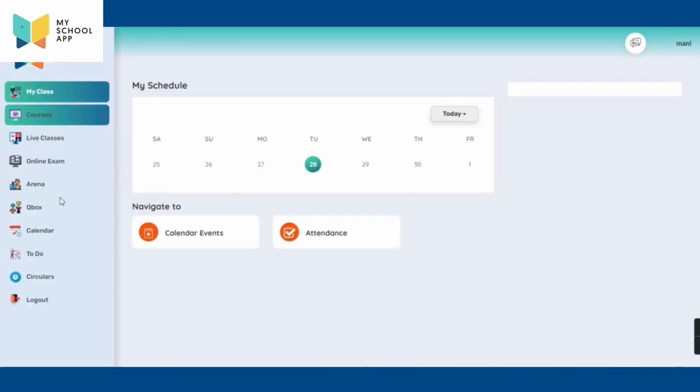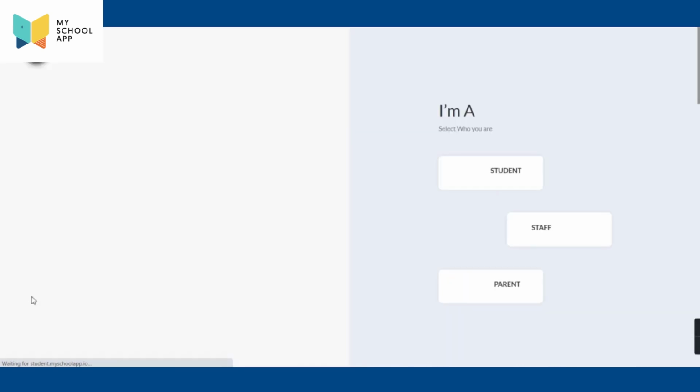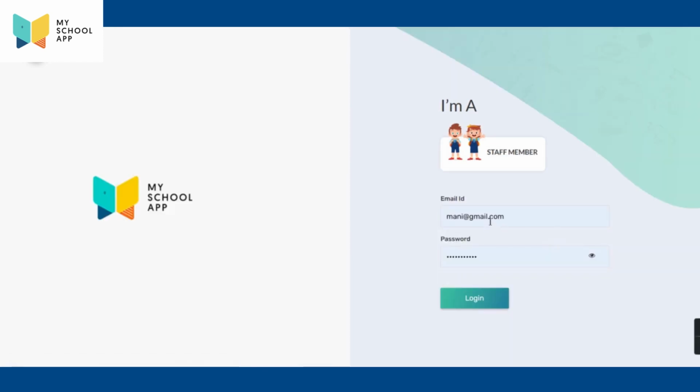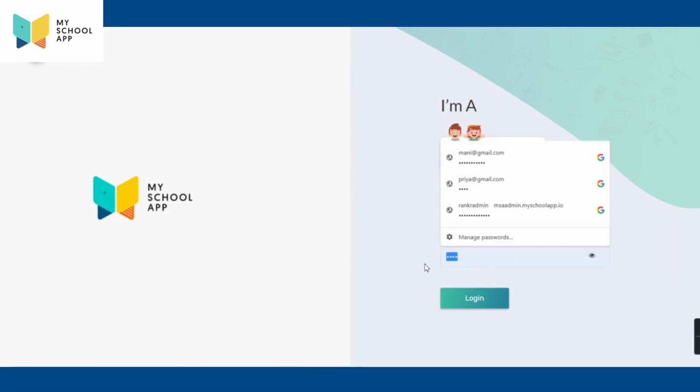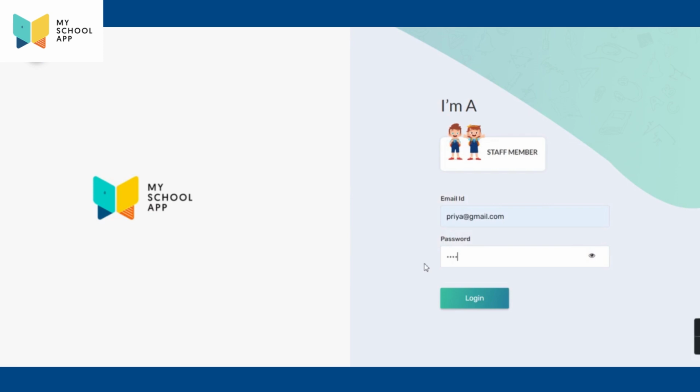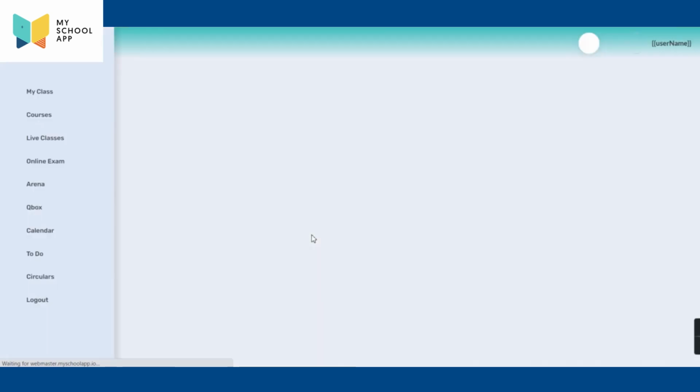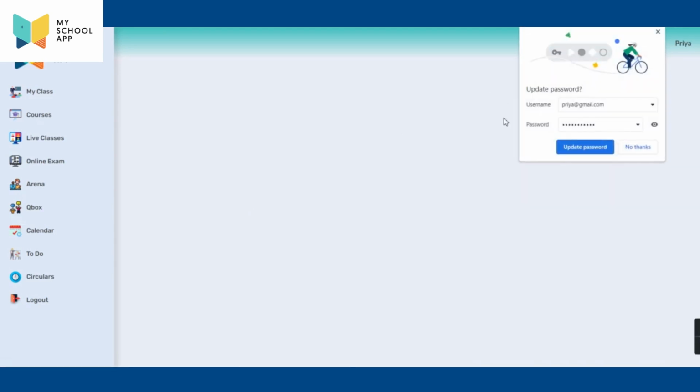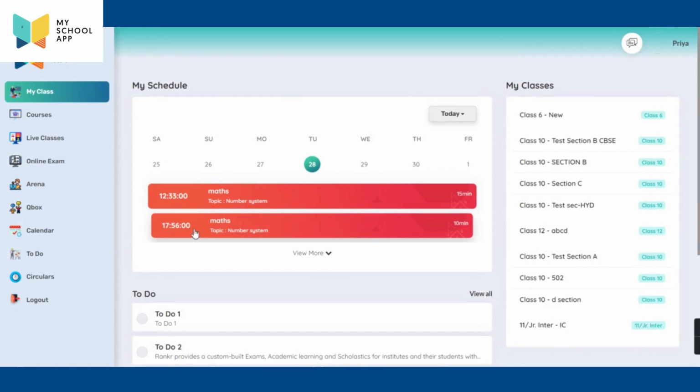Okay, when you come to the faculty, if you log in as a faculty, the faculty can see it on mobile or laptop. Faculty can log into this, into their mobile app or a web page. On the home page itself, they can see if the class is assigned to them. Here 5:56, there is a mathematics class for me as a faculty.